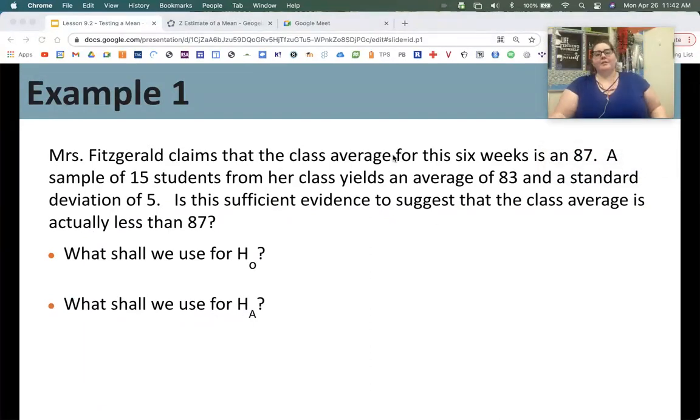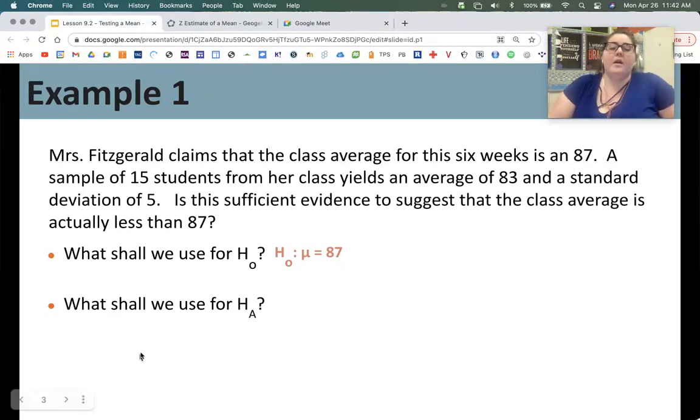So for example, Ms. Fitzgerald claims that the average for the class for the 6 weeks, the grade, is an 87. A sample of 15 students yields an average of 83 and a standard deviation of 5. So we want to know, is this sufficient evidence to claim or suggest that the class average is actually less than 87? So what we'd use for our null hypothesis, remember null is always that nothing changed, so that it's equal. So we would write our null is that mu equals 87